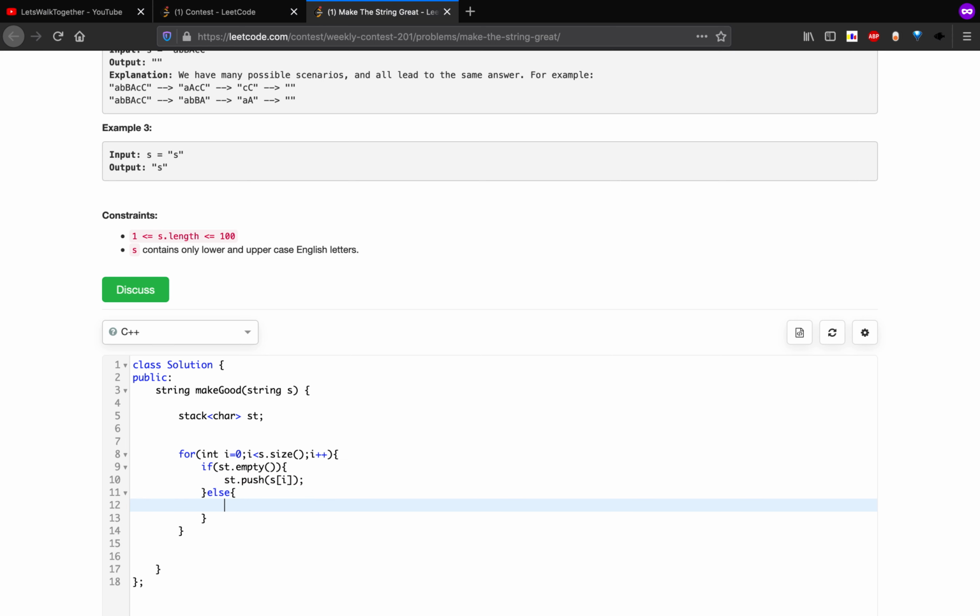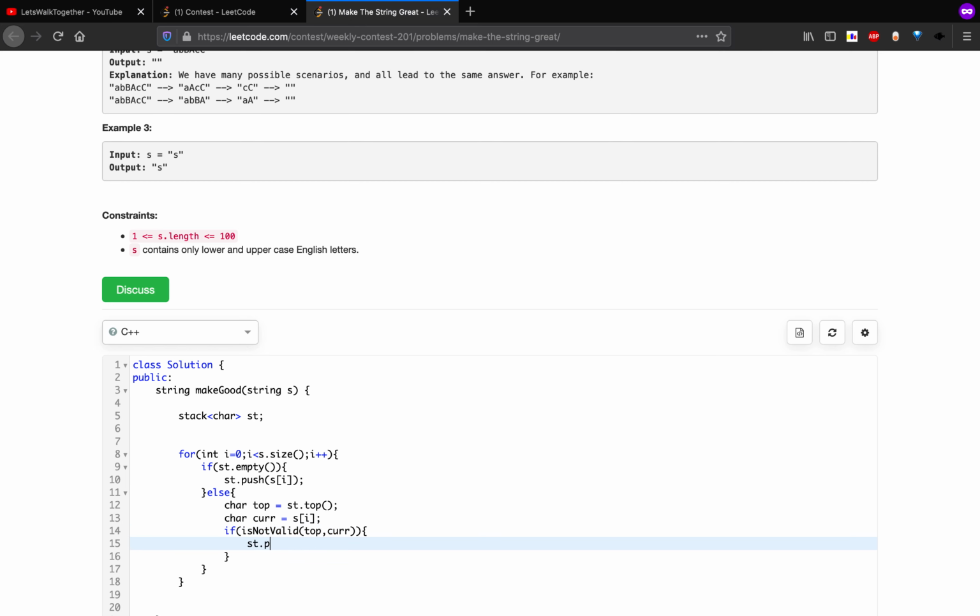Else if the stack is not empty, we take the topmost element from the stack and the current element and check whether they are valid or not. If top and current are not valid, then we pop the element from the stack, else we push the element into the stack.